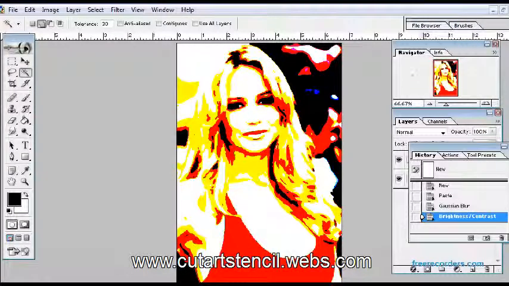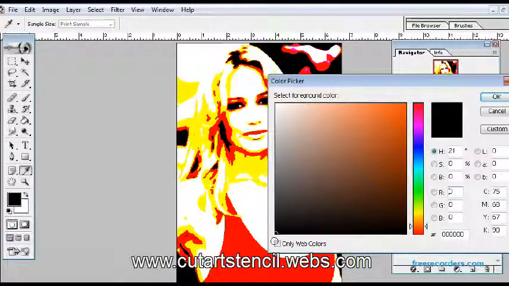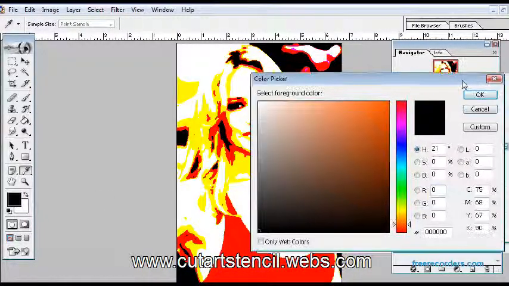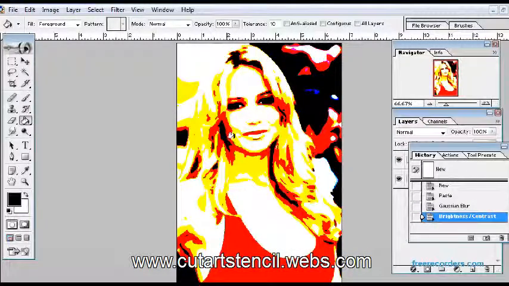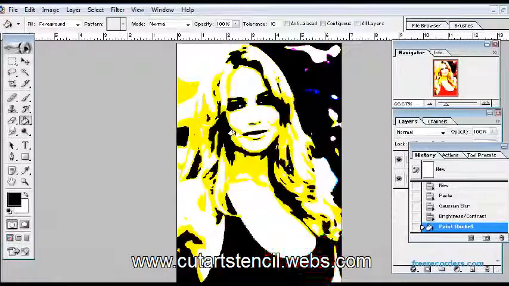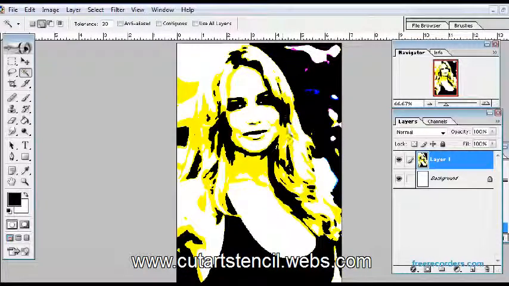Do OK on it. The next thing you do is select the color darkest next to the black color. In this case we have the red color, which is the darkest color next to the black, and we'll color this red color into black using the paint bucket tool. Select it from the left, select color black, make sure the contiguous is off at the top so that all the black colors in the picture are selected automatically.